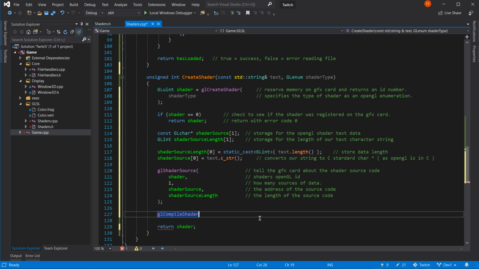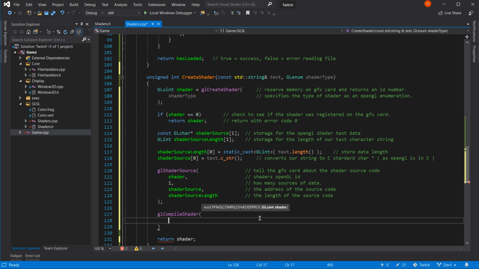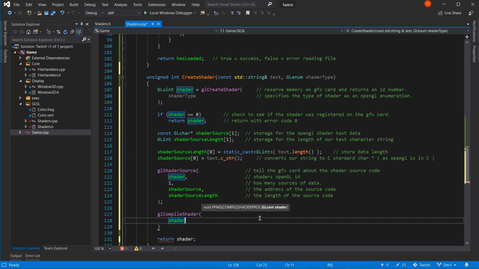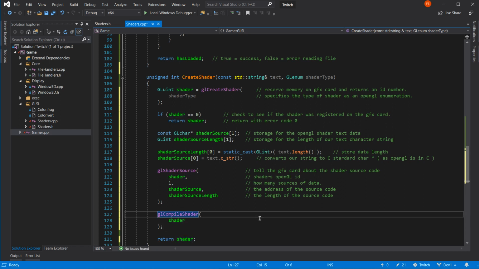There you go. glCompileShader. Oh, look, it's another, yeah, I know. What does that want? GLuint shader. What have we just done?